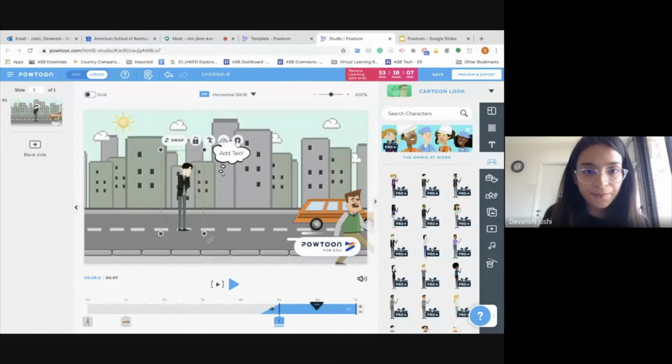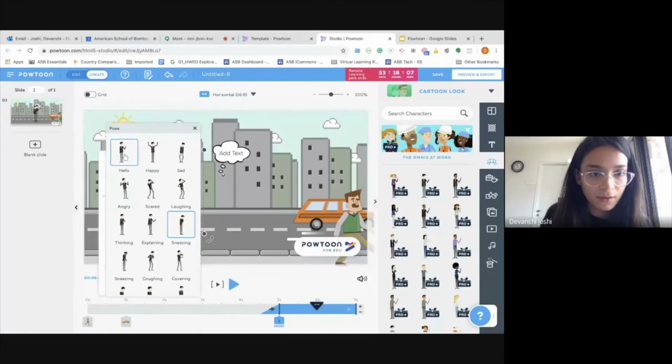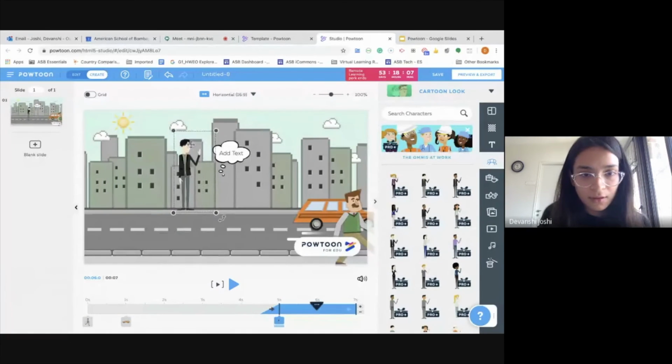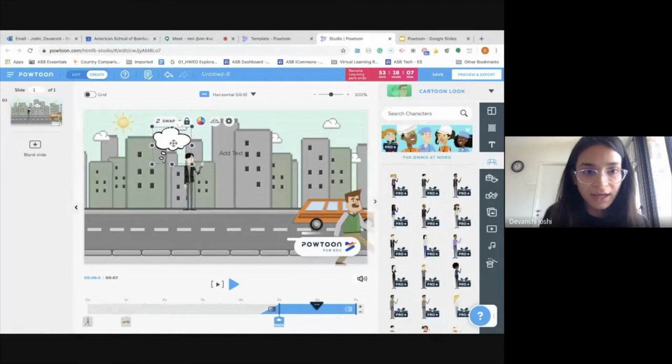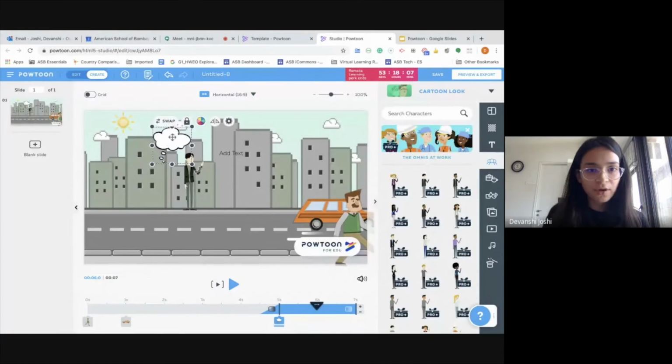Change his pose. And then just have a text bubble here, right? Like an ad. So you can even use this to create comic strips if you want. So I'm just going to go ahead.